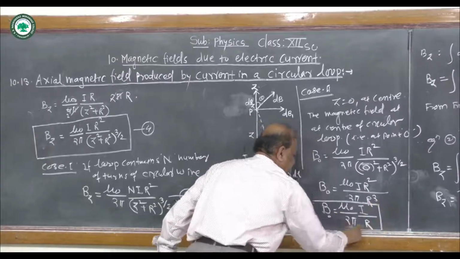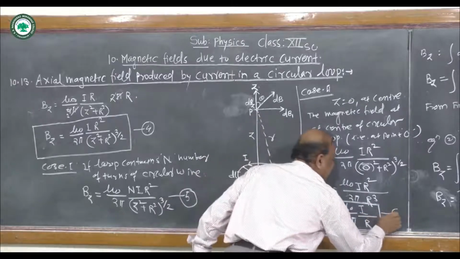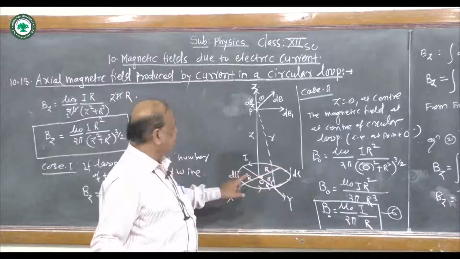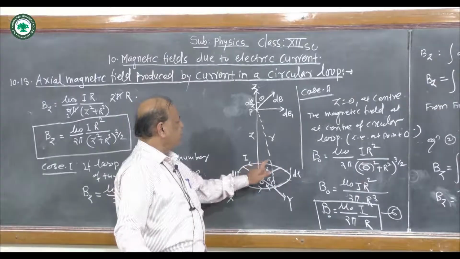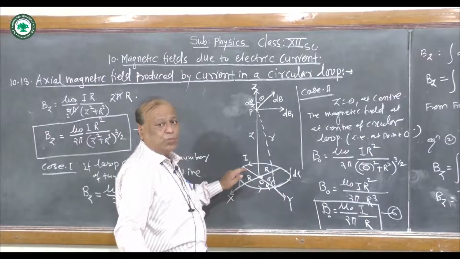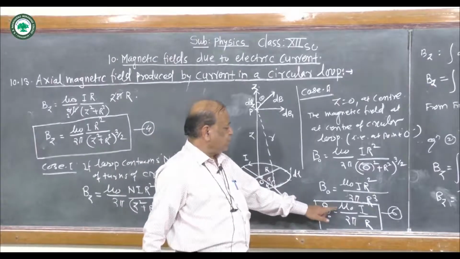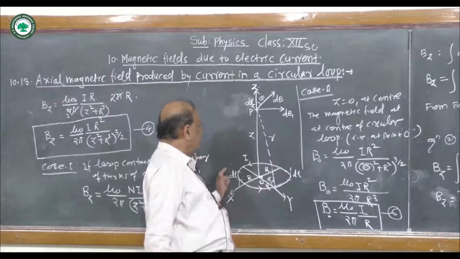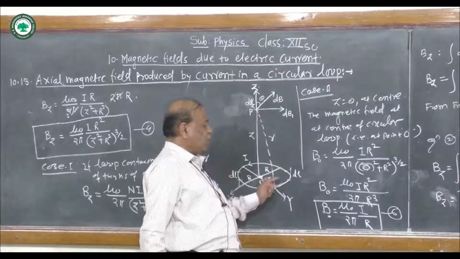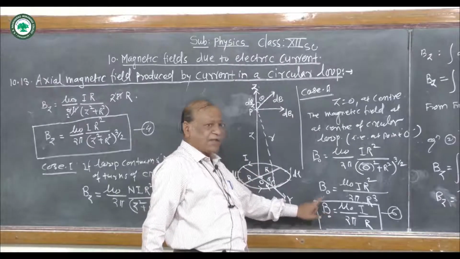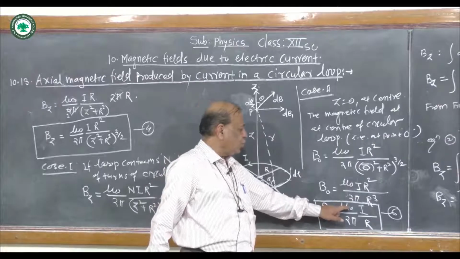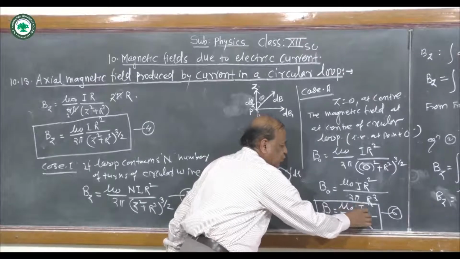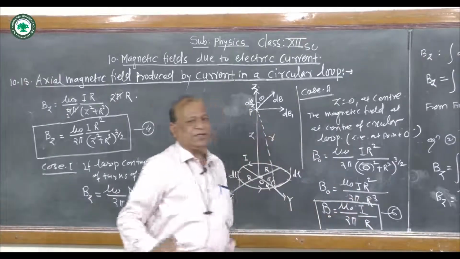And now this is equation number 6, which gives the magnetic field at the center of that circular loop, and that value comes to be mu 0 upon 2 pi I upon r. If this circular wire consists of n number of turns, the magnetic field at the center is equal to mu 0 upon 4 pi into this capital N, means number of turns, into I divided by r, and we get the magnetic field at the center.